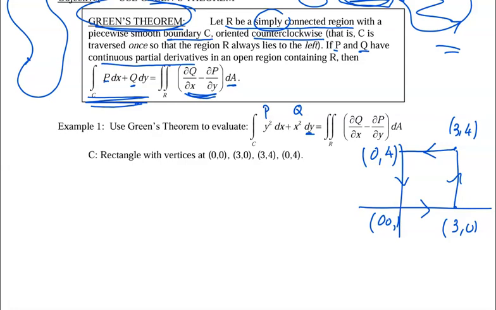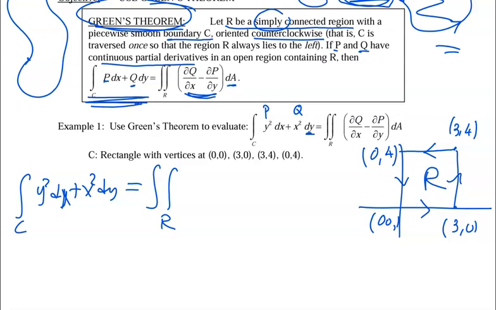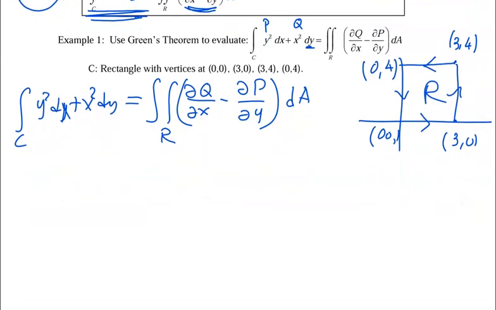If I want to use Green's theorem, the line integral of y squared dx plus x squared dy, I can rewrite as an integral over an area. This region R is your rectangular region. Then we figure out partial Q with respect to x minus partial P with respect to y, and do that dy dx or dx dy. It's a rectangle, so we can use that, with dA, area. Okay, so let's figure out first